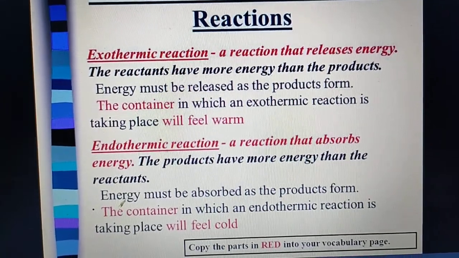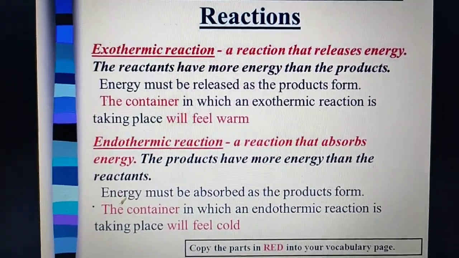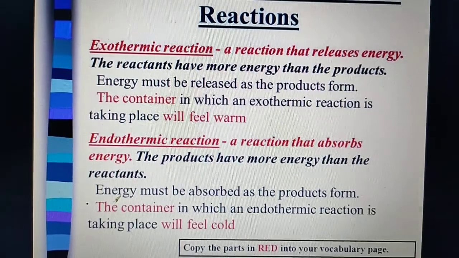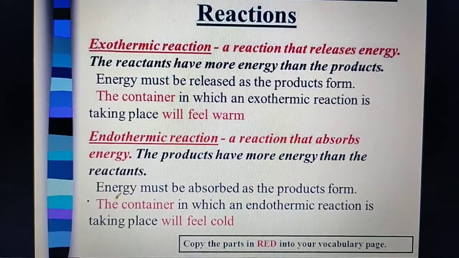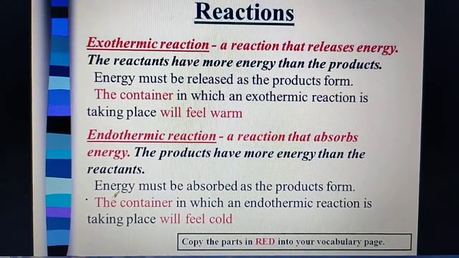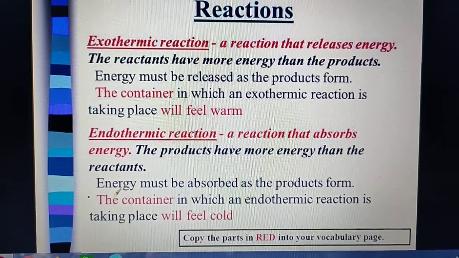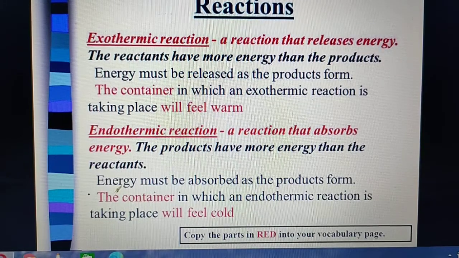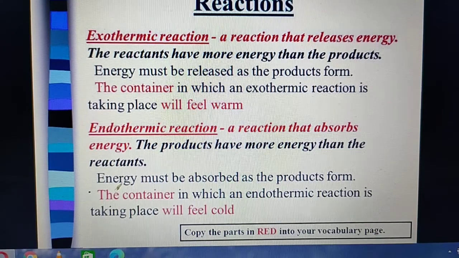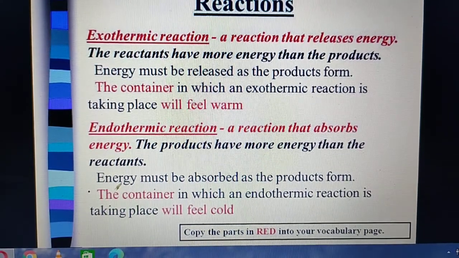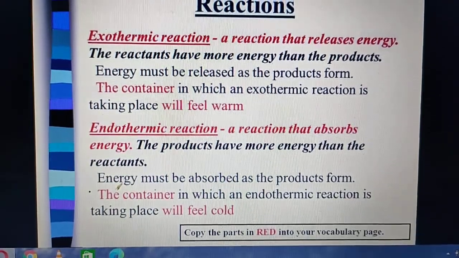Now you see exothermic reactions in your book. If you take carbon and burn it, carbon dioxide is formed and heat is released. Heat is released, that means you can feel warm. Then burning of fuel, methane plus oxygen gives carbon dioxide and water along with heat. Here also heat is produced by a chemical reaction, so we are writing it in the product side. So this is the exothermic reaction.